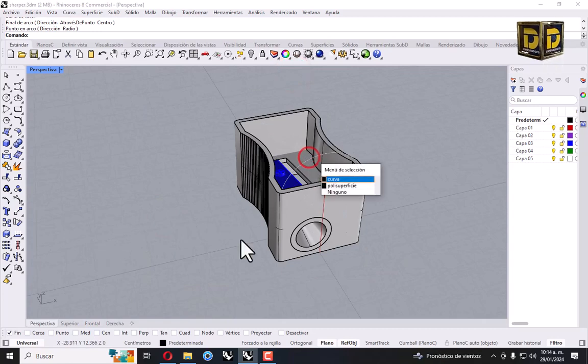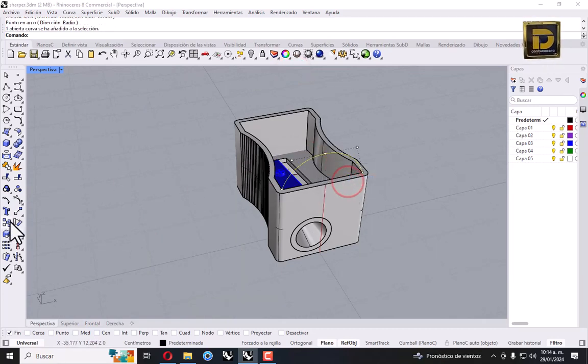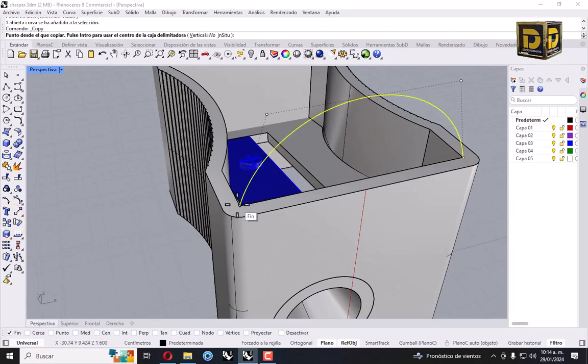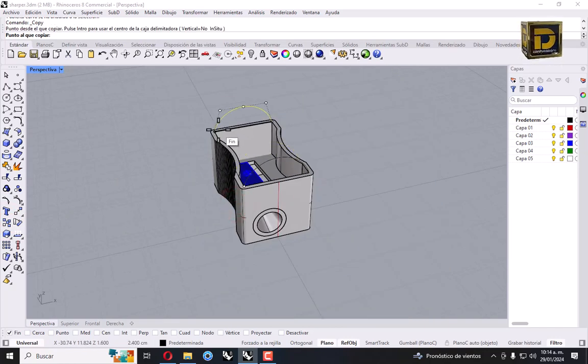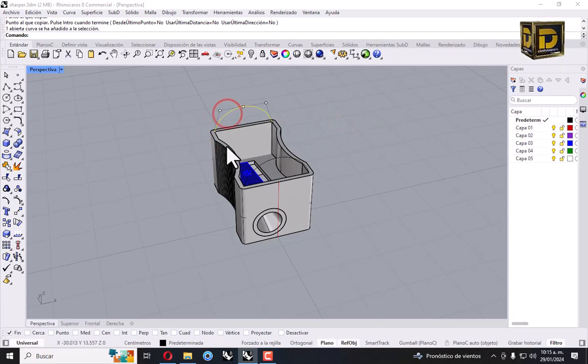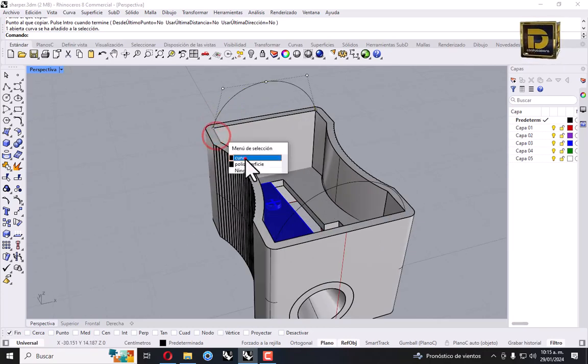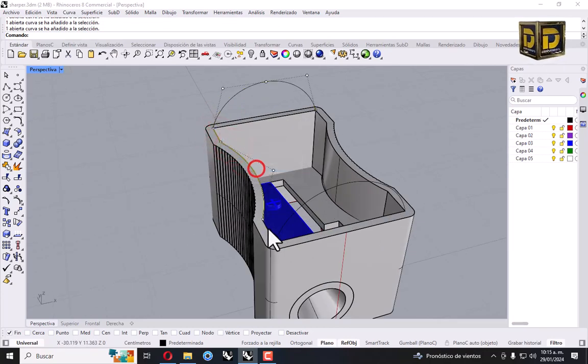Now select and copy, select this curve, copy from this point to this point. Okay, we need to select these curves, and join.